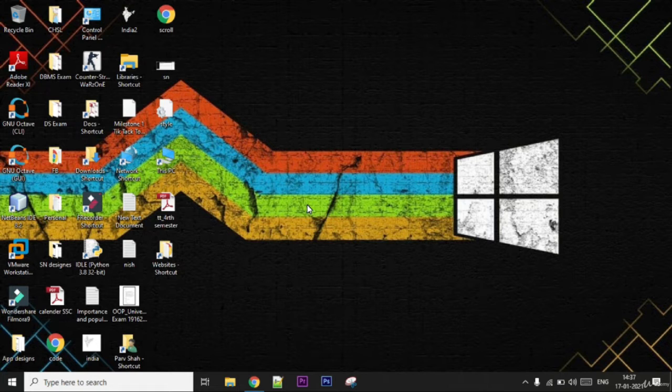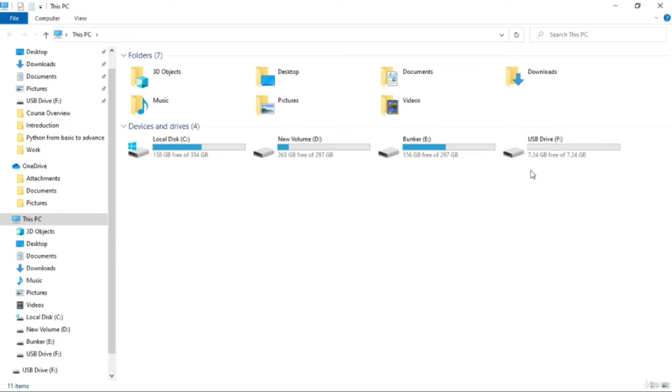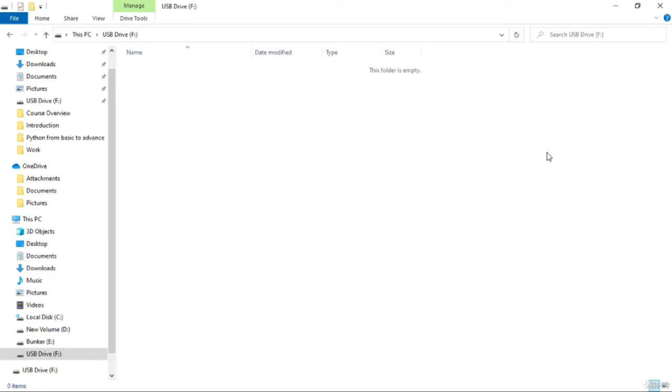So an 8 GB pen drive is required for installing and using Tails. A pen drive or a hard disk or a CD-ROM is also okay. Less than 8 GB is not suitable for installing and using Tails. I have a USB drive here that is totally empty. You'll have to format your 8 GB drive, or more than that, doesn't matter, because whenever you are booting a drive with another OS, it's going to be formatted by default, so nothing matters.